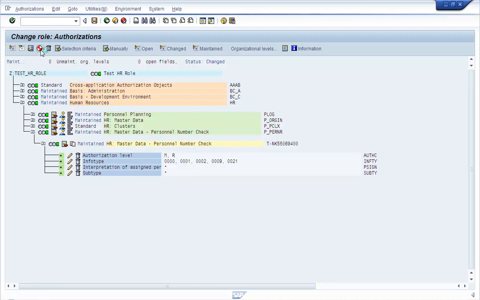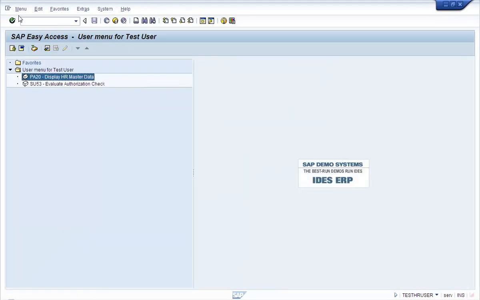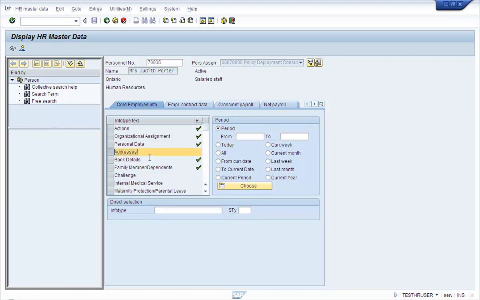So let's go and generate the role. So let's go back. See, right now there's a tick mark against addresses. So let's go and execute the transaction code again. Now you see there is no tick mark against this info type 6, which means the user, test HR user, does not have authorization for info type 6.